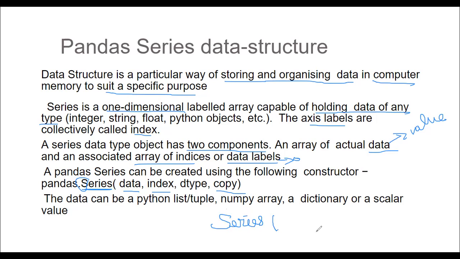Then method means immediately open bracket, close bracket. That's why it is called a method or a constructor. So constructor means if the class name and the method name are the same, then it is called a constructor. So Series. And inside the argument, the first one what you are passing is your data, the original value